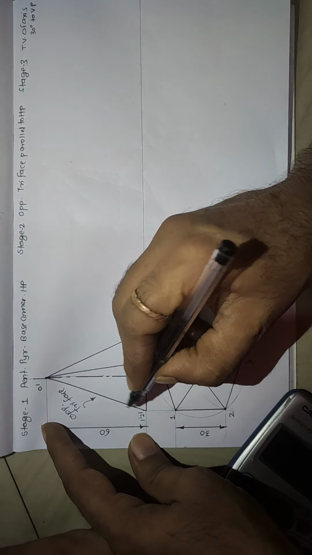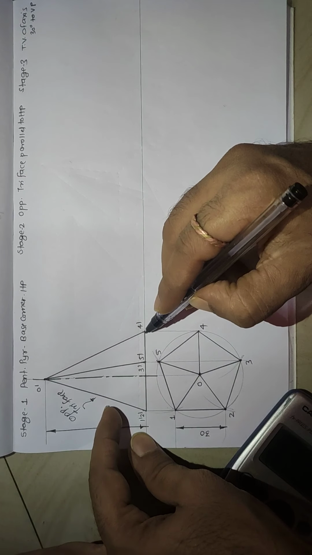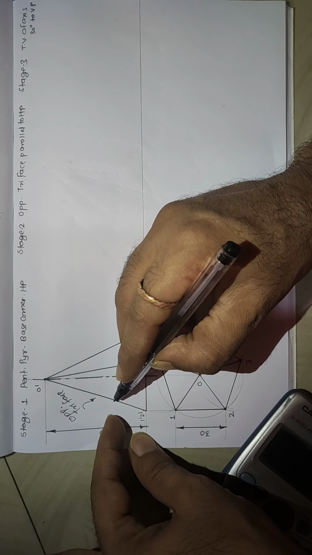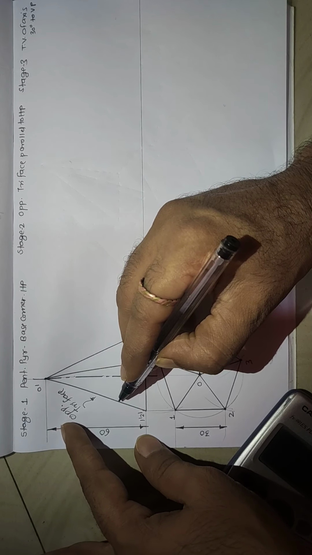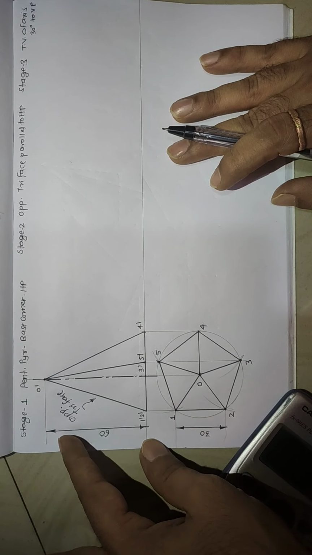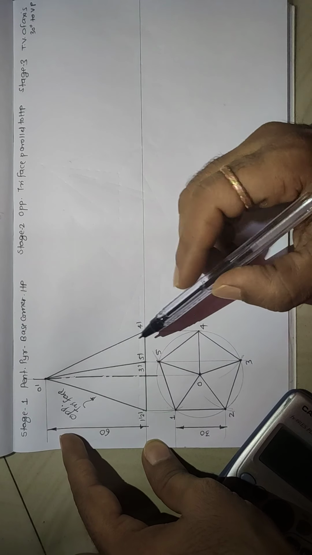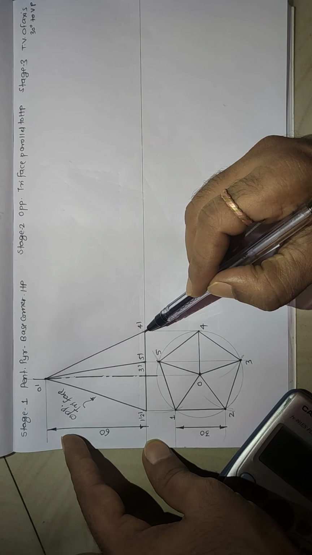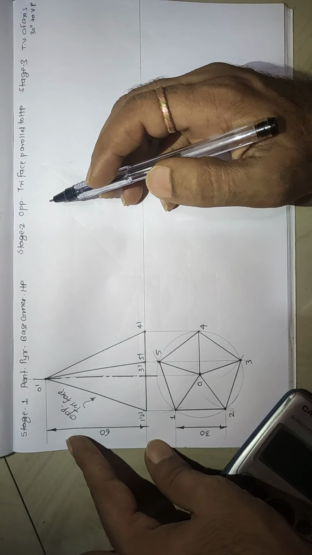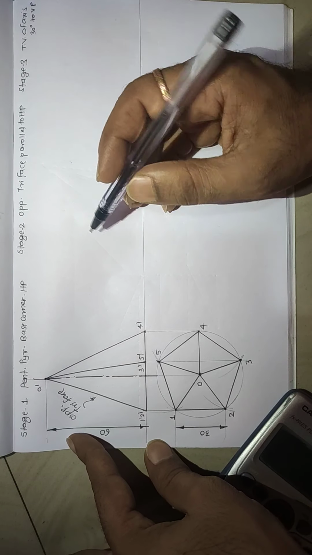So this line is nothing but the triangular face opposite to the base corner. This line should be parallel to the XY line, that is, parallel to HP. In this problem, it is not possible to maintain this side parallel to the XY line and at the same time maintain this point on the XY line. So two conditions cannot be maintained simultaneously, and for that we will use an alternative treatment.